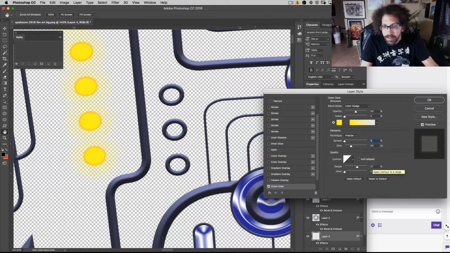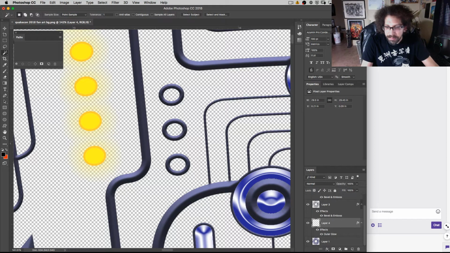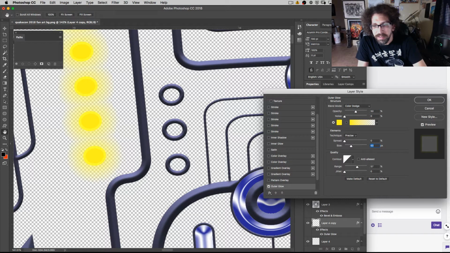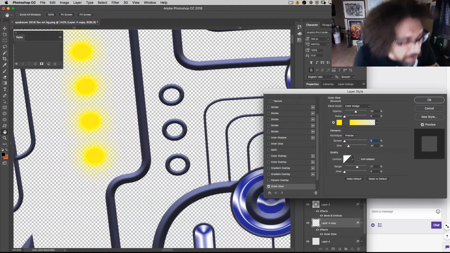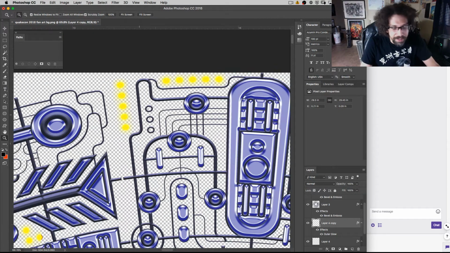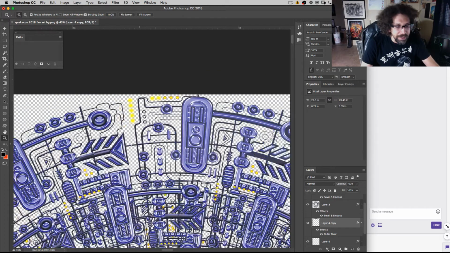Now, I thought you could add more than one outer glow, so maybe that's not something you can do. So I may just have to... yeah, I kind of pasted it twice there. Let's see what happens if I made this one 30 pixels. Okay, so that's kind of nice. I kind of like that effect. That's not bad. That kind of gives off the effect of